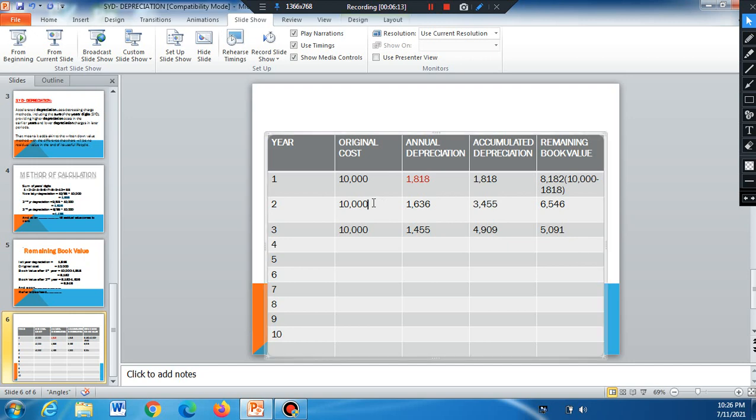We go to our second row. Okay, after second year, what will be the annual depreciation? What will be the annual depreciation? After 1 year, 1818. So after 2 years, what will be our